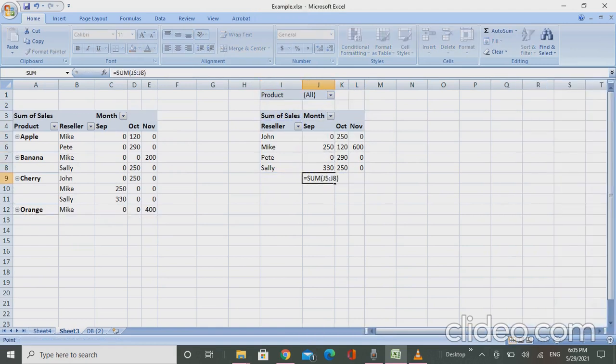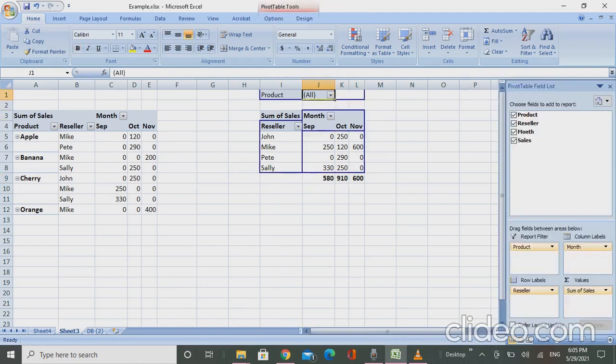I'll copy this formula over here, Alt ESF. This formula is copied now. So I have a list of how maximum sales are given by which reseller over here.